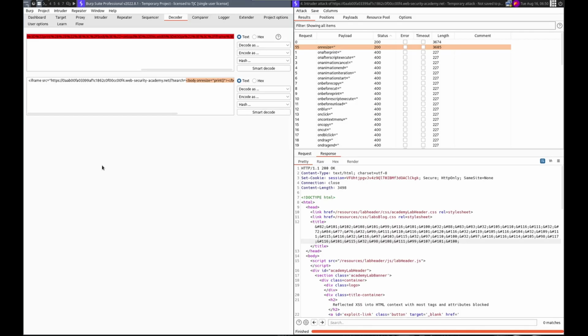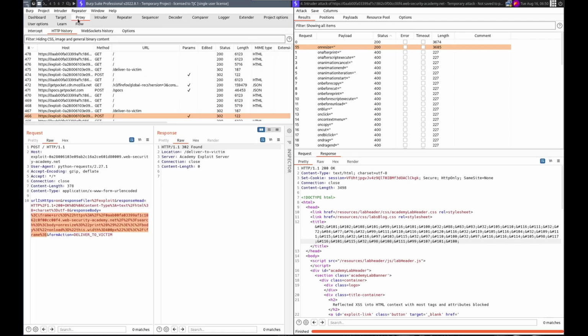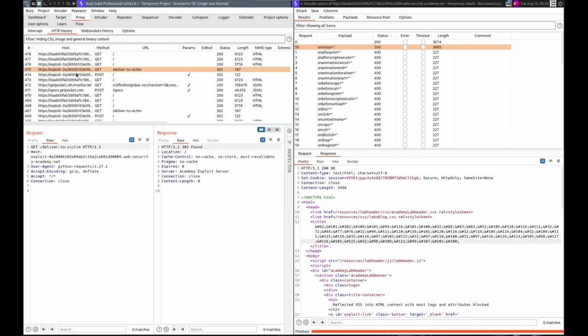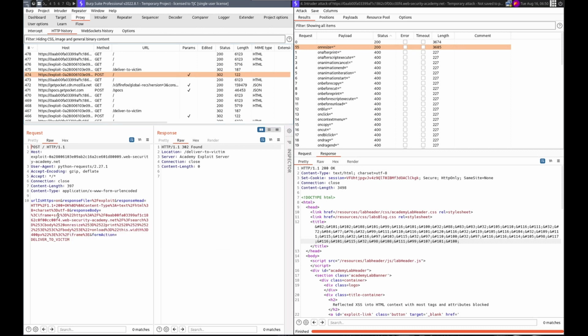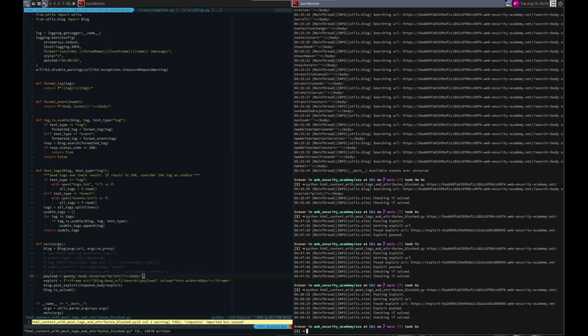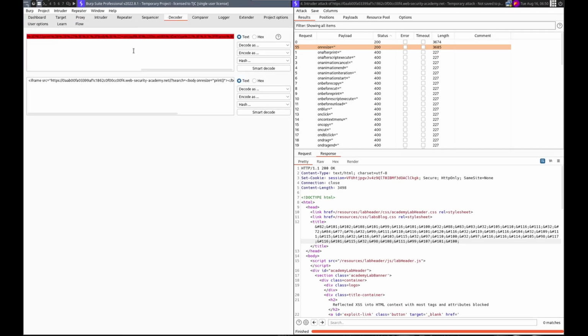Still not solved. So we still got something. Proxy. Here's our post. Let's just copy. Whoops, decoder. Iframe. Search. This dot width 400 pixels. Close the iframe. This dot width